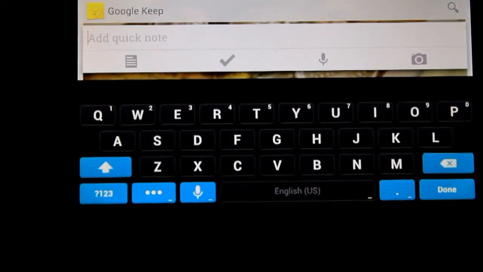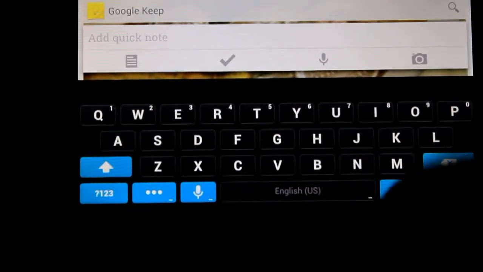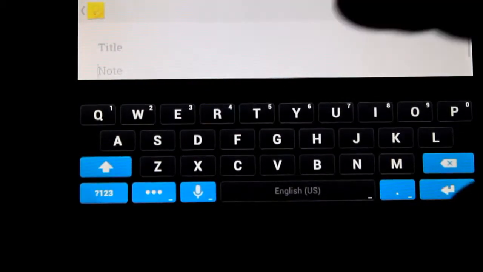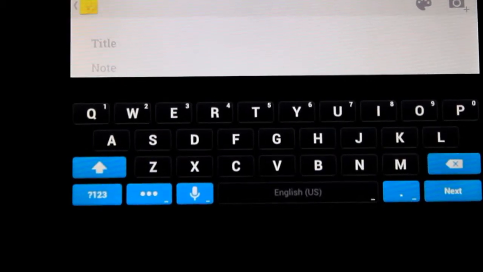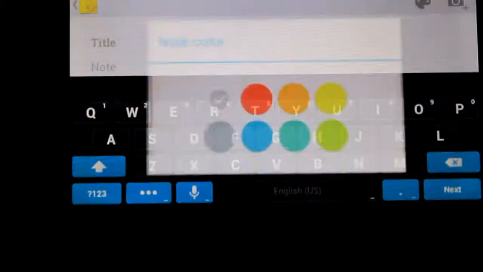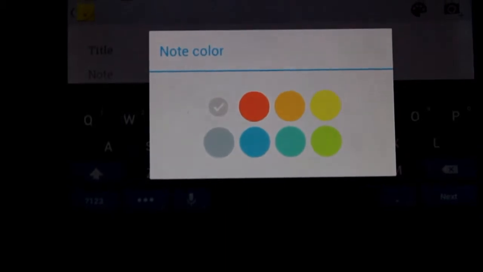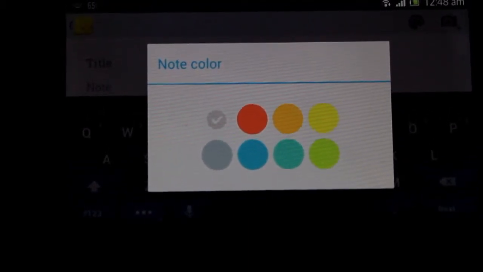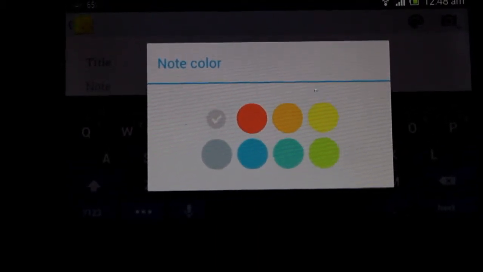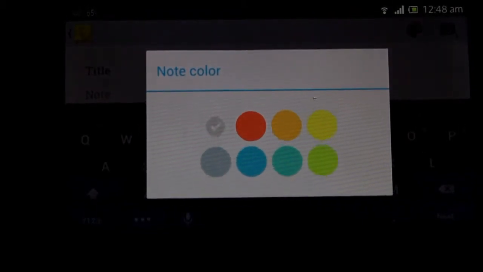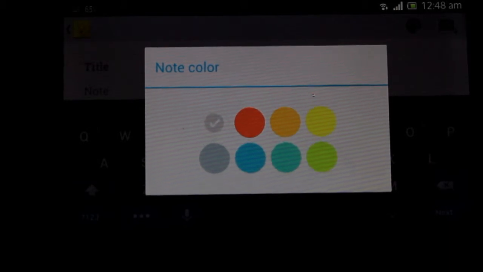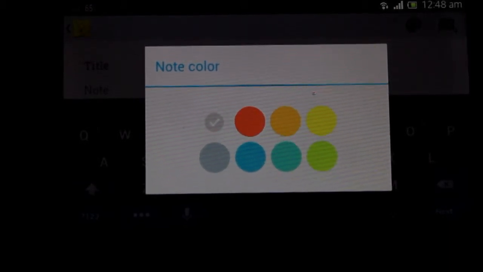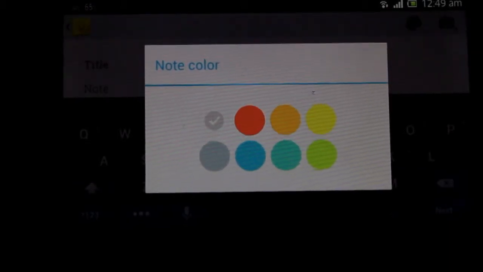So the traditional, most usual way to create a note is to tap here, followed by the title and the note which you need to enter, the most obvious parts, and then this color section, which basically highlights your note and can be used to prioritize the notes. For example, the red color can be used to make a note which is urgent, and blue which is not urgent, which can be treated as a casual note. Similarly, all the others have different meanings as proposed by you.